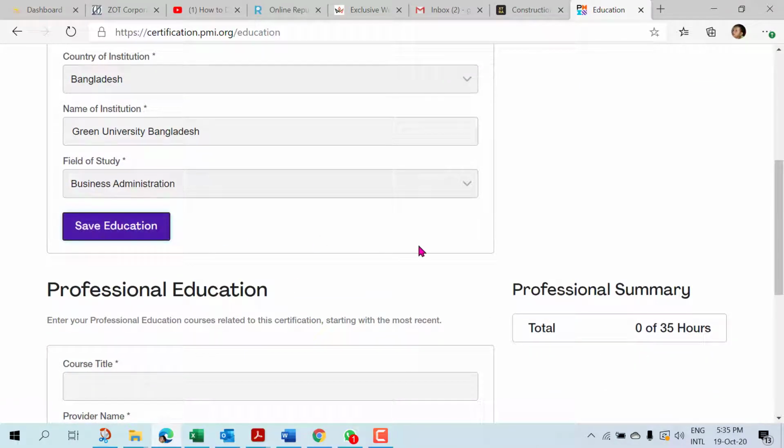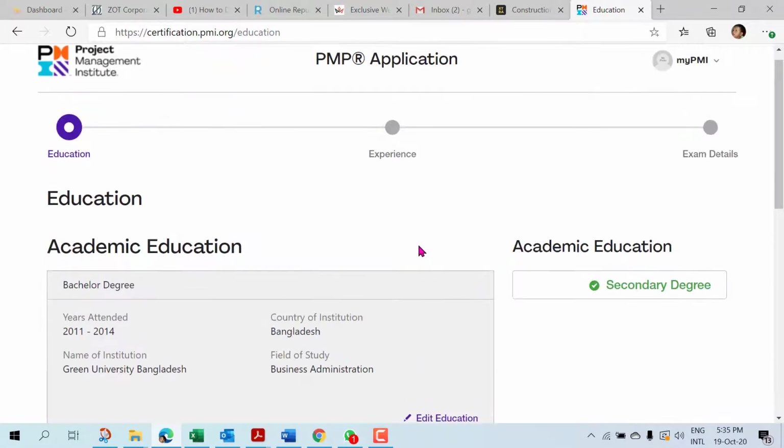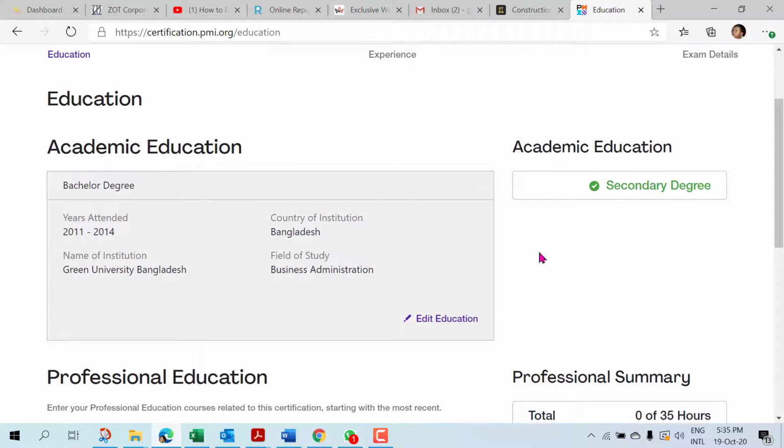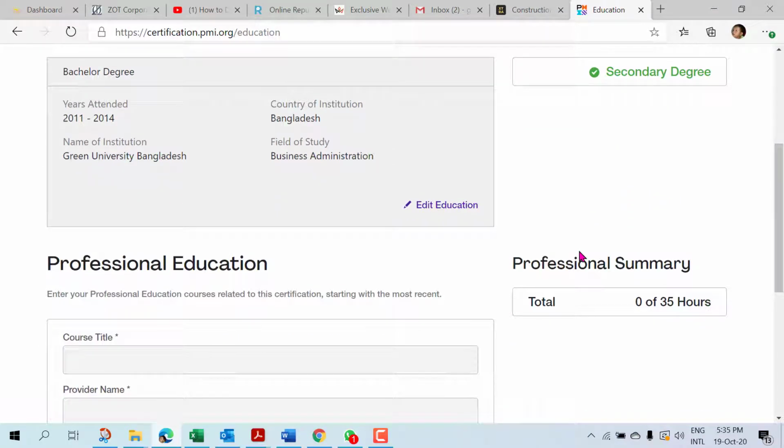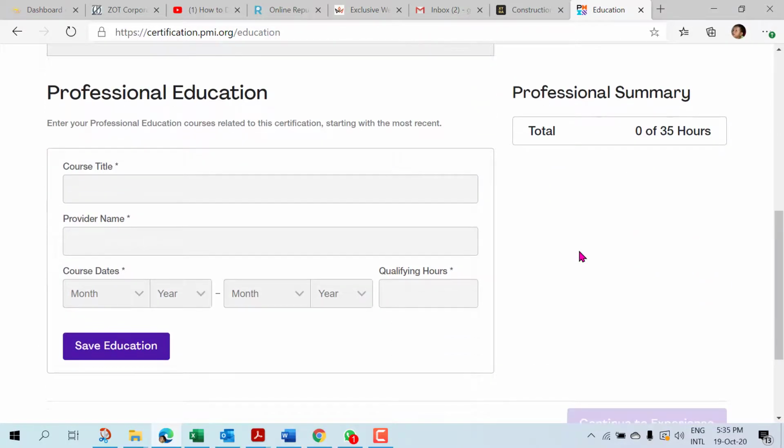So when you click save education, on the right side you will see the green. So that means this section's requirement is fulfilled. Alright, secondary degree. So your requirement is fulfilled. Now professional education. So you have to enter the course title, the project management course title, and the provider name from where you have taken the training,